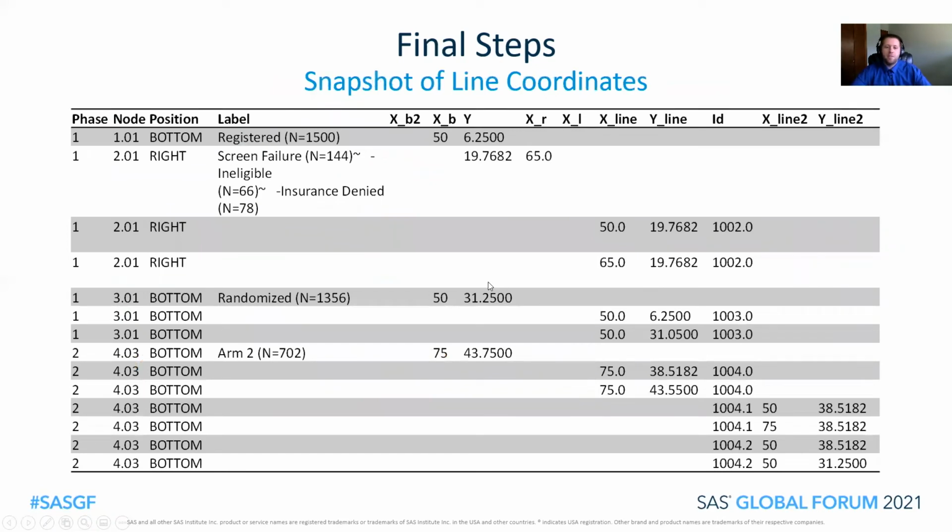This is a snapshot of what the dataset looks like with these line coordinates entered. I have 2 separate XY pairs here. This pair is for the lines with arrowheads on them. Second set is for the lines without arrowheads. I have a unique ID for each coordinate pair of these lines. And we can see the different instances that happen, such as the off-treatment line here, as well as when we have that split, we wind up having 3 sets of lines that I mentioned before.